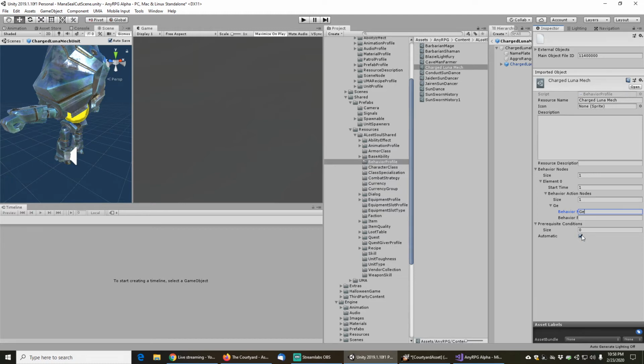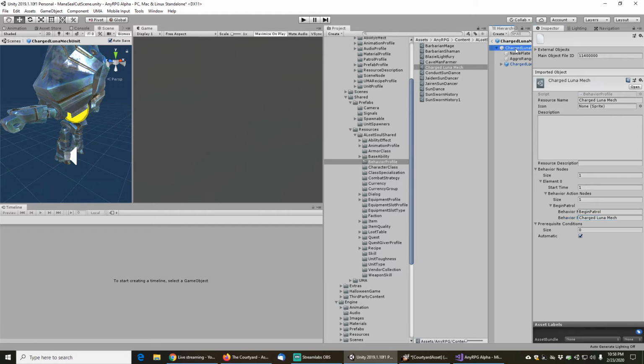So in this case, it's going to be begin patrol,